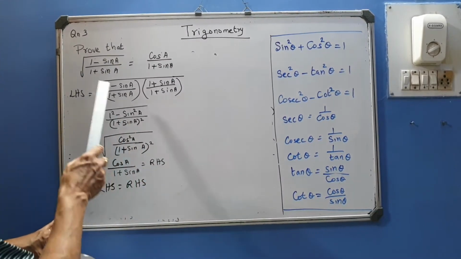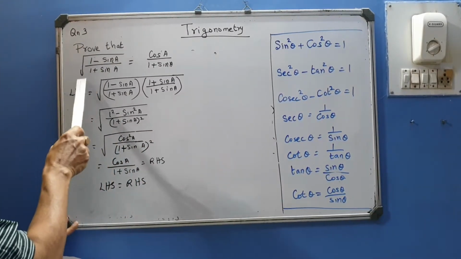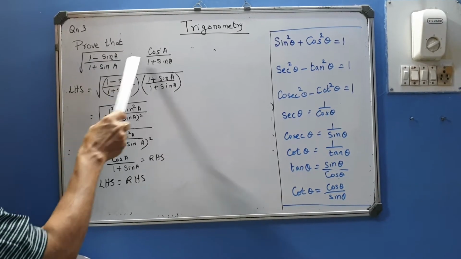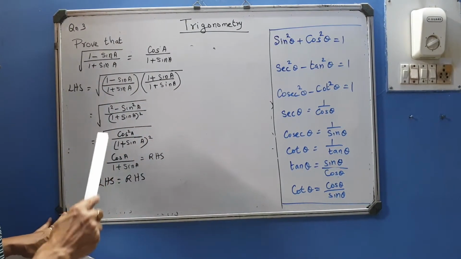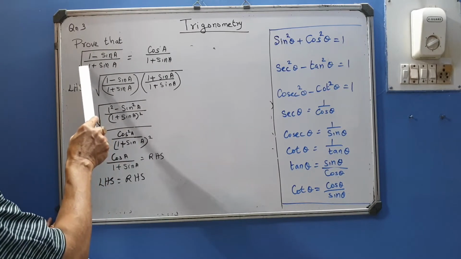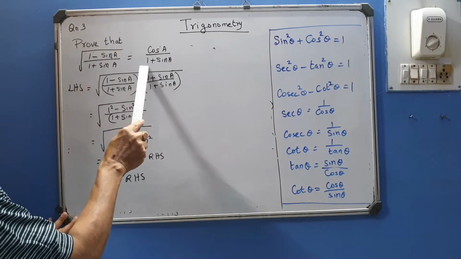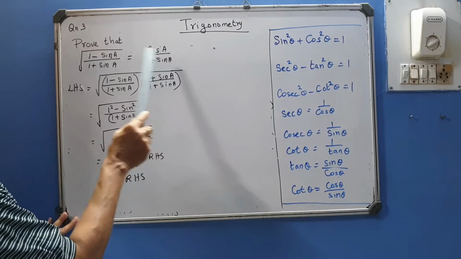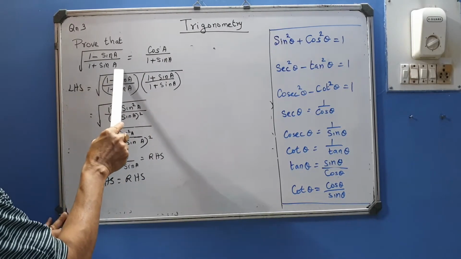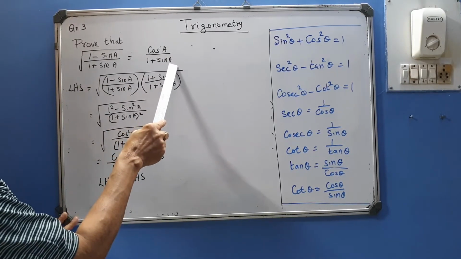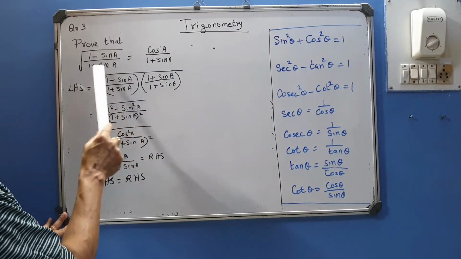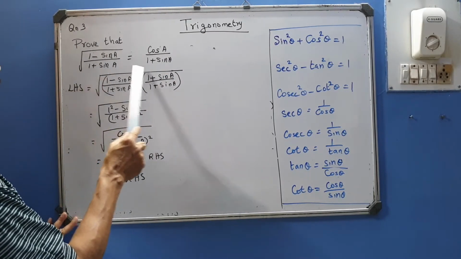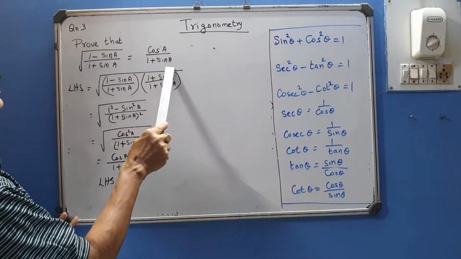Okay, now we take another question. Question is this: square root of 1 minus sin a divided by 1 plus sin a. Don't think that the rationalizing factor is only for the denominator. Now, if you look very carefully, here 1 plus sin a, there in the answer we also get 1 plus sin a. So if you rationalize the denominator, we won't get 1 plus sin a again, because 1 plus sin a, when you rationalize it, becomes 1 minus sin a, which becomes 1 squared minus sin squared. So our denominator will not be the same denominator.